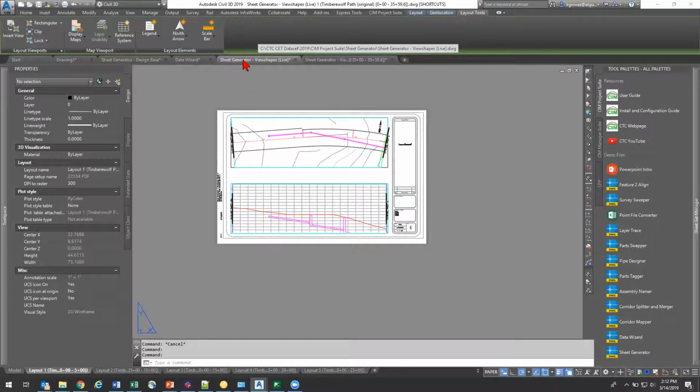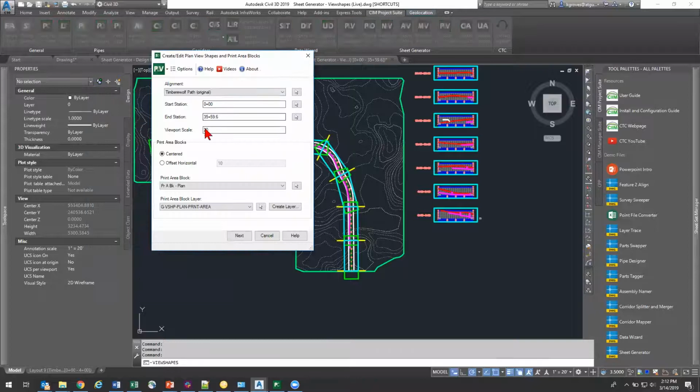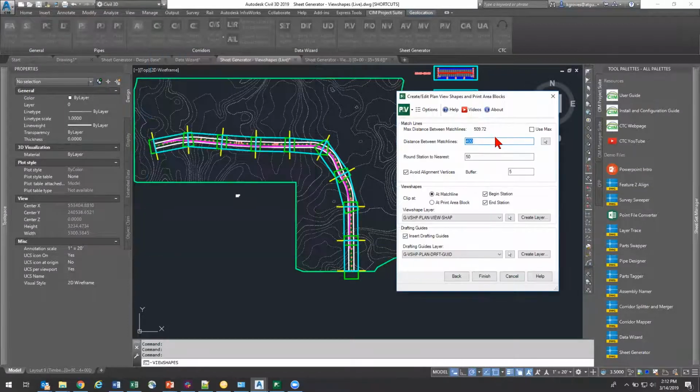And if I add in, we'll go ahead and say in plan view, how this is currently set up is I've got this taking in every 400 feet. This is our distance between our match lines. So every 400 feet, but make sure you snap to the nearest 50-foot interval. And I've got these special objects, our view shapes. We've got the drafting guides. Those are going to be basically our match lines. Or sorry, no, those are the CIM, those auto trims. And when I change this from 400 to 450,